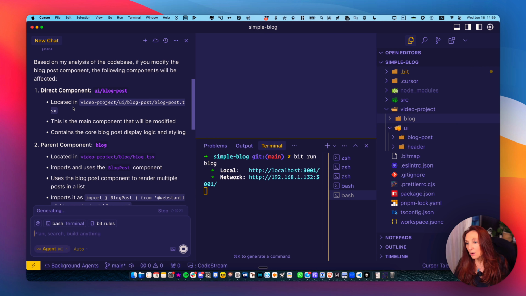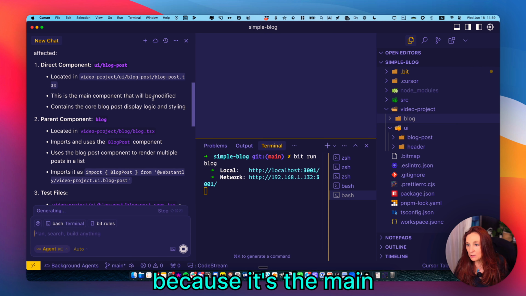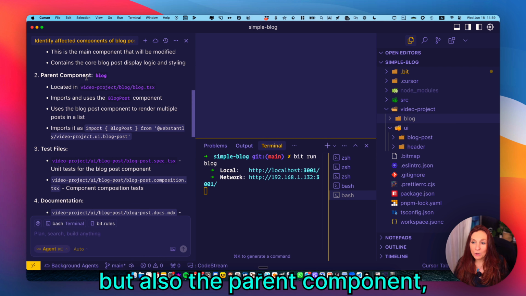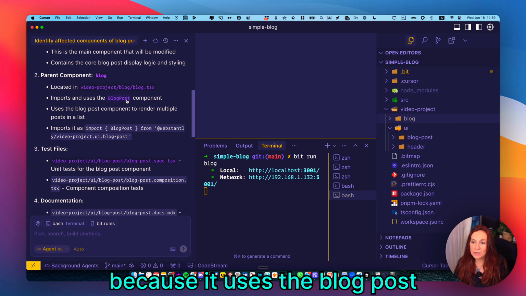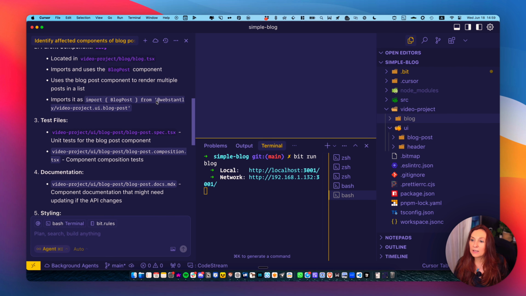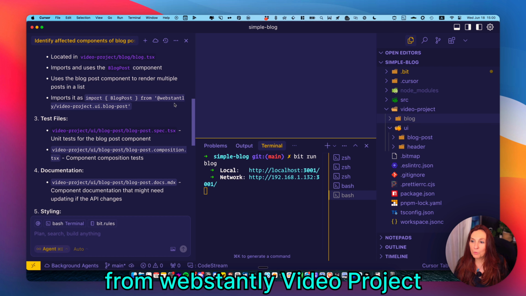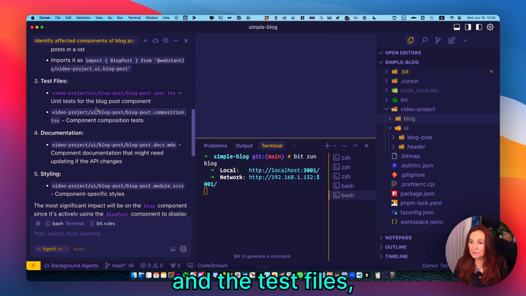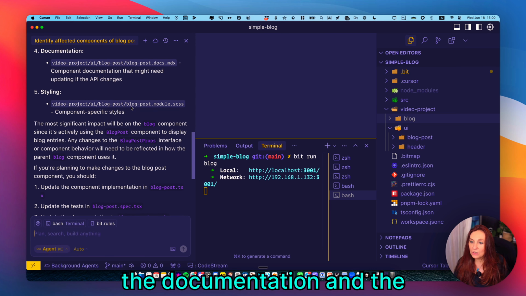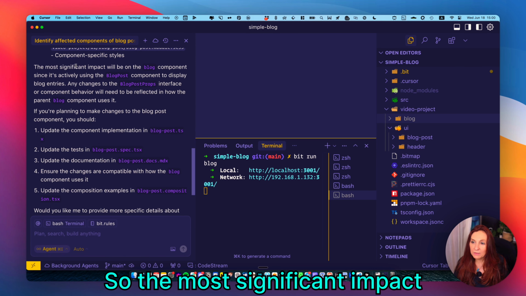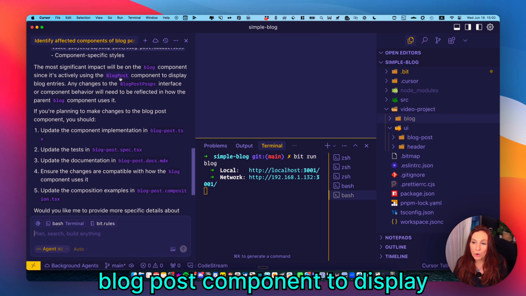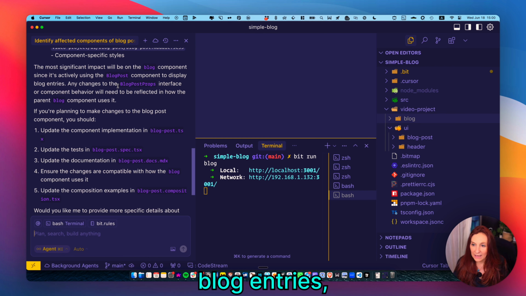So the blog post, of course, because it's the main component, but also the parent component, the blog, because it uses the blog post component, which is imported from WebStantly Video Project UI blog post, and the test files, the documentation, and the styling. So the most significant impact will be on the blog component, since it's actively using the blog post component to display blog entries,